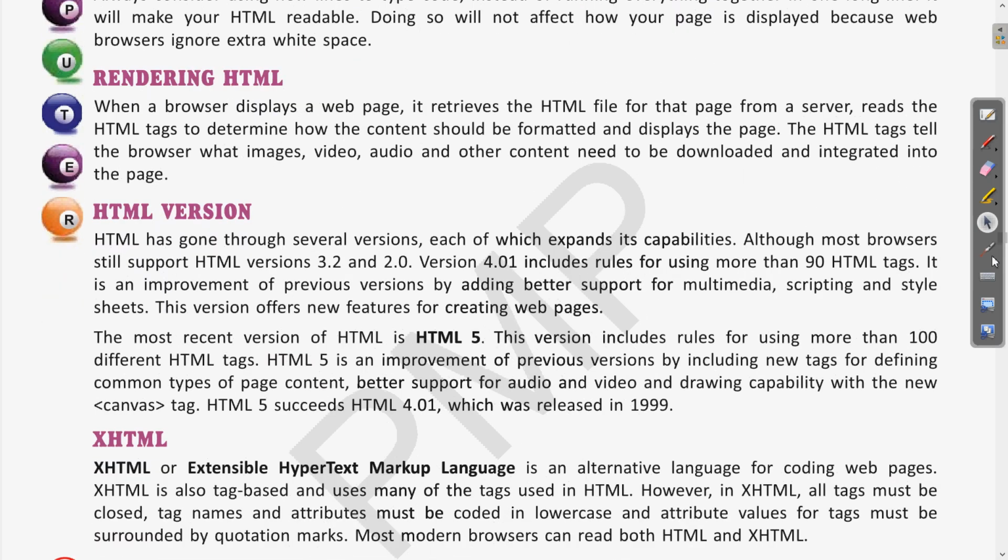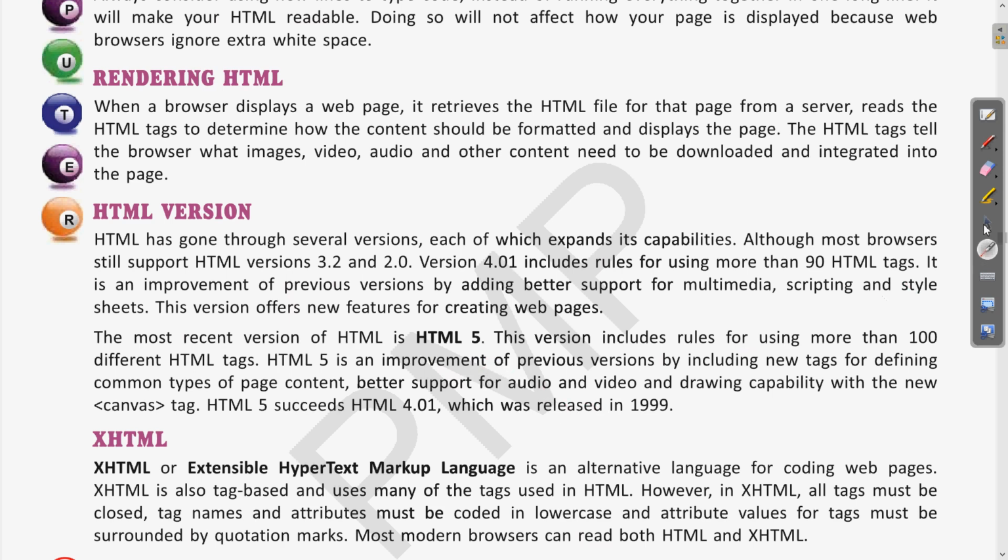HTML, basically the earlier versions were there, like 2, 3, 4. Now the recent version which we have of HTML is HTML5, and in HTML5 we also have 5.1, 5.2. So these are the sub versions of these.